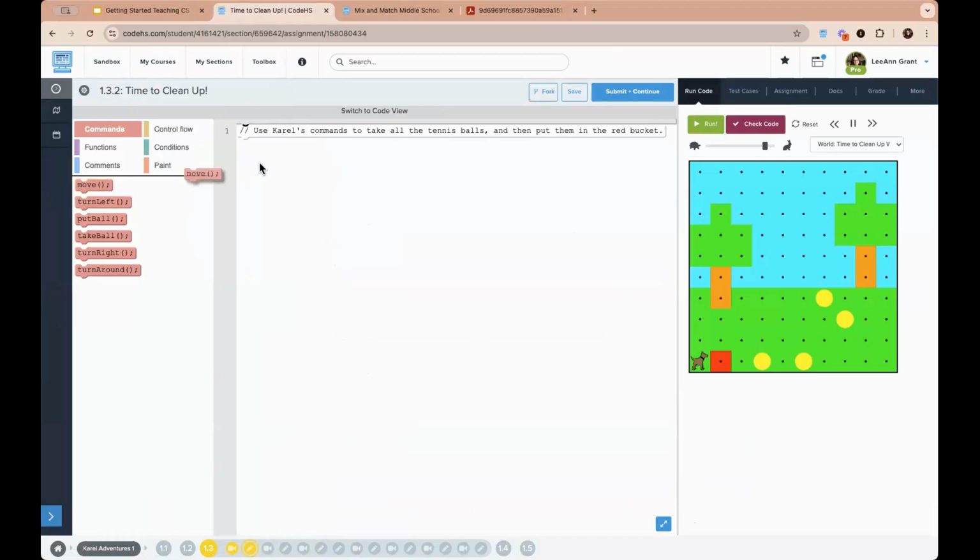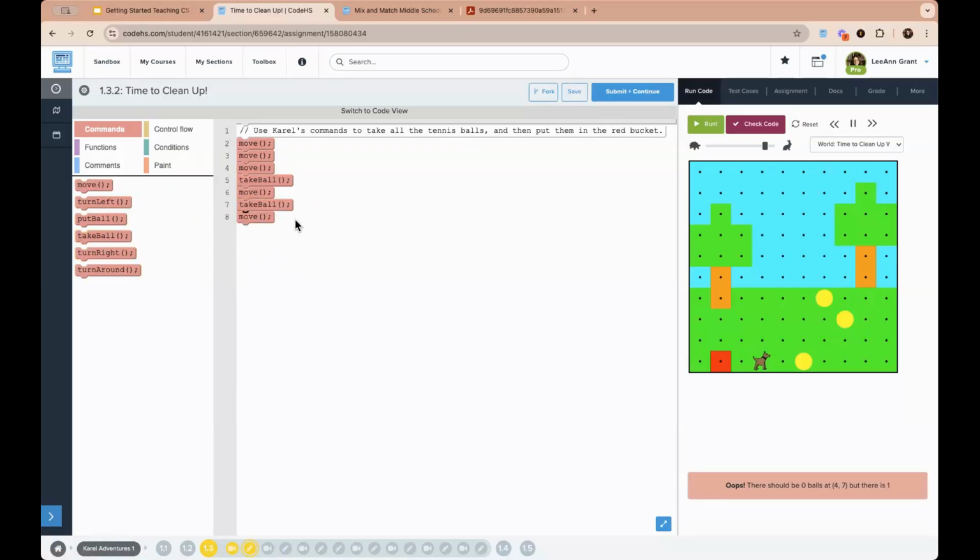So now what I could do is move Carol. I need to move Carol 1, 2, 3 times. All I have to do is drag this. Then I'm going to take ball and run this so you guys can see what happens. When that happens, that ball disappeared. Okay. So now I'm going to move again. This is a great way for students to begin to learn before they start typing out the actual words. And if I want this to go slower, I can move this slower.